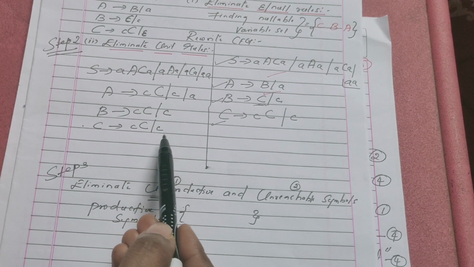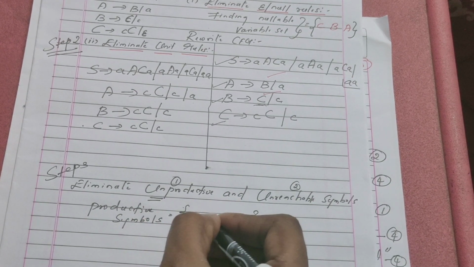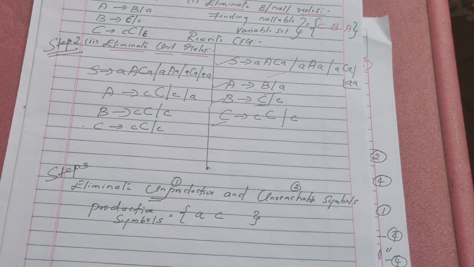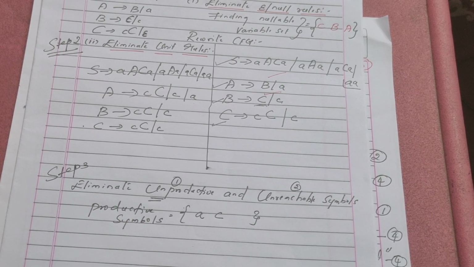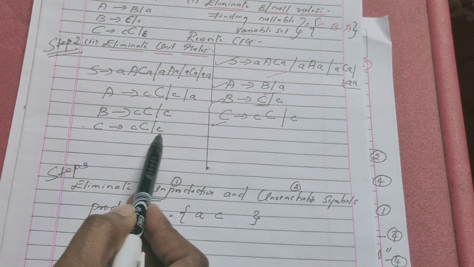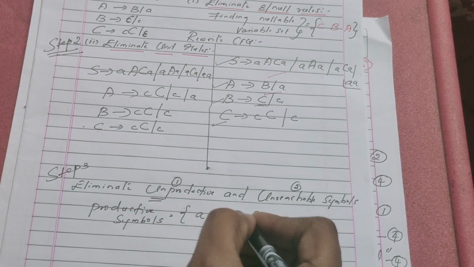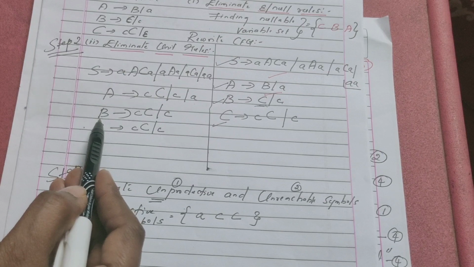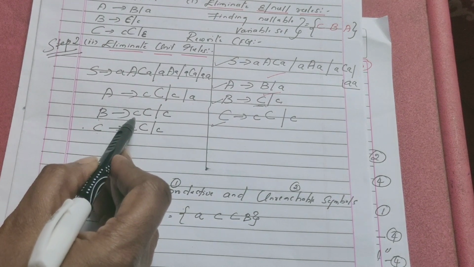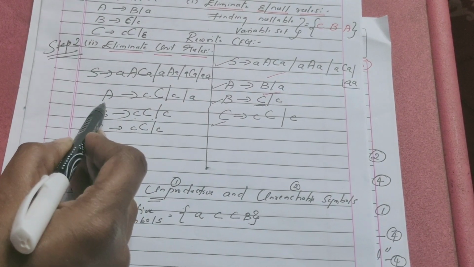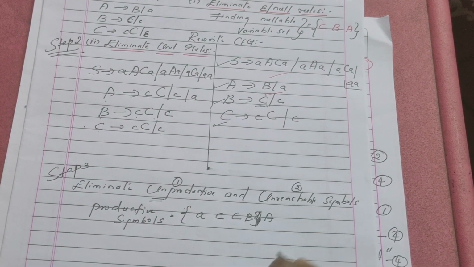So what are all the terminals present here? Terminal A is there, terminal C is there. So let us include terminal A and terminal C. These two are productive by default. All the terminals are productive by default. Since the terminal C is productive, the variable C also becomes productive. So include that. Variable B also becomes productive. So include that also. Alright, because it involves this terminal C and the variable C. Variable A also becomes productive. So include that also. Sorry, I'll remove this curly brace.